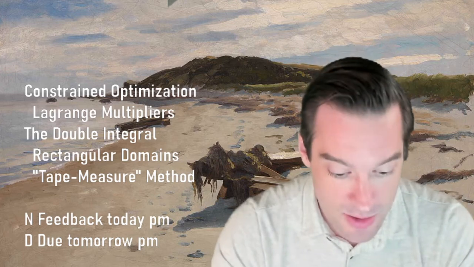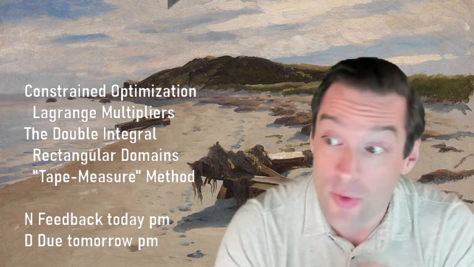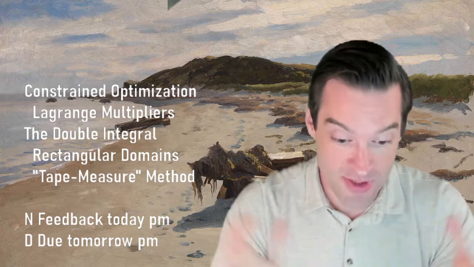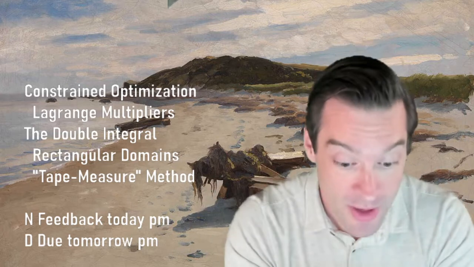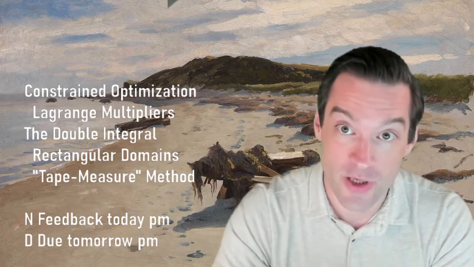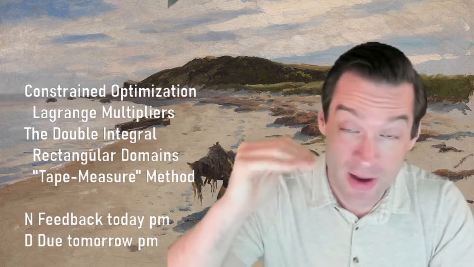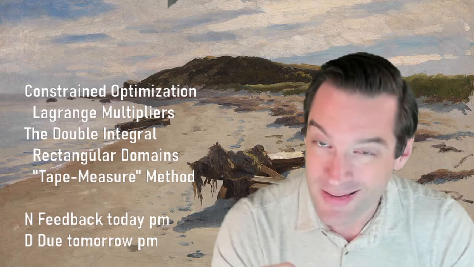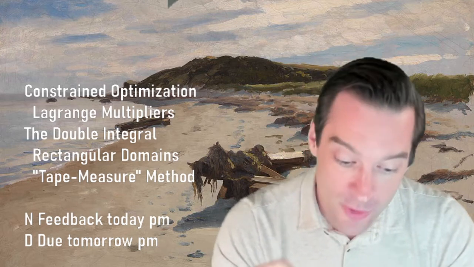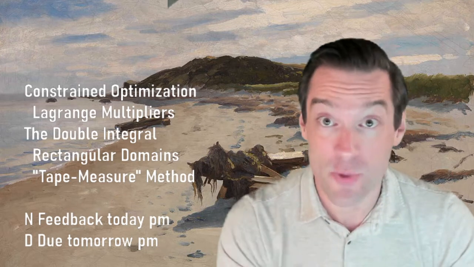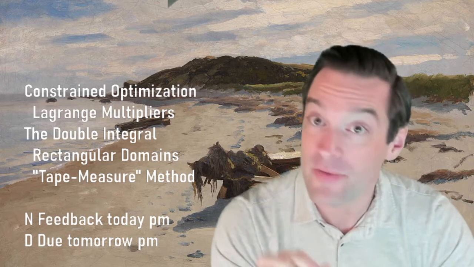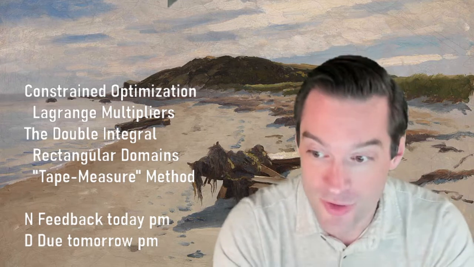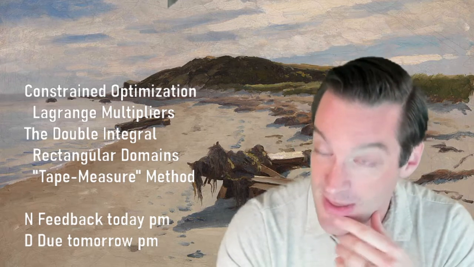So what is constrained optimization? So I have some function of several variables, let's say a function of two variables, and I want to find where that function of two variables reaches its maximum value or its minimum value among all of the points in its domain, which also are constrained by some other equation, which also are part of a level set of a function of two variables. In other words, let's just look at a quick example